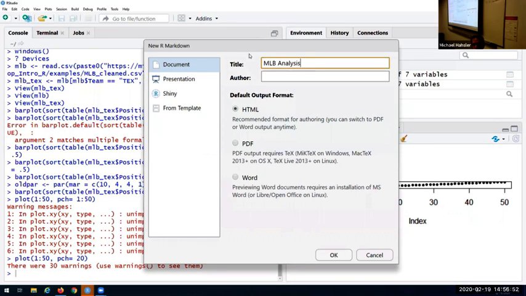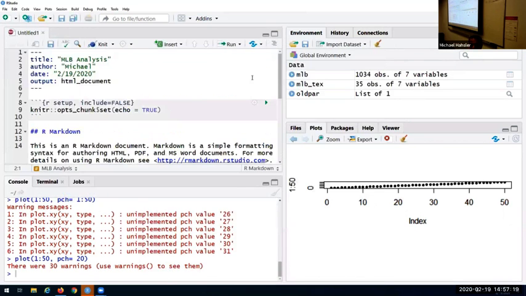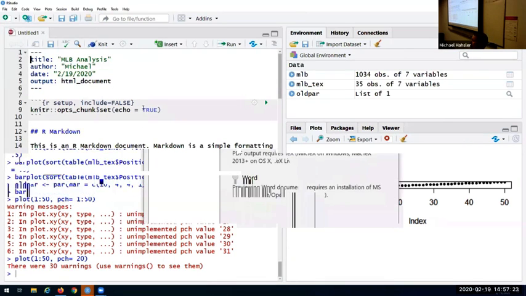And I give it a title, and you have a choice. You can make a document, a presentation, or Shiny, or from template. Right now, we want to create a dynamic document. So I call it MLB analysis, and it's made by me. And then you can say, do I want to render my document when it's created as HTML, PDF, or as a Word document? Let's leave it as HTML right now, and then we can later change it to the other formats. Then you say OK, and what you get is